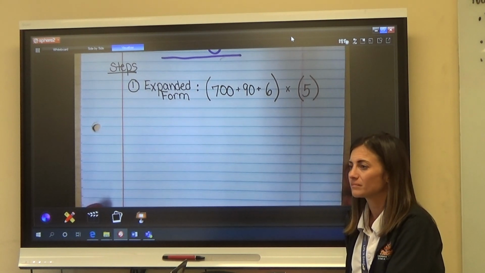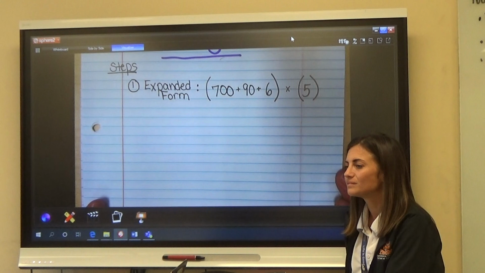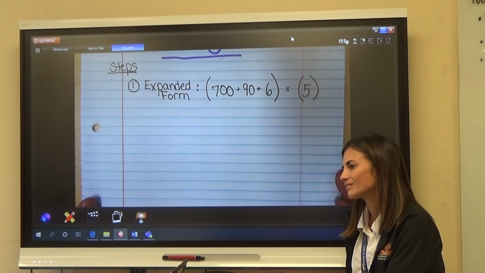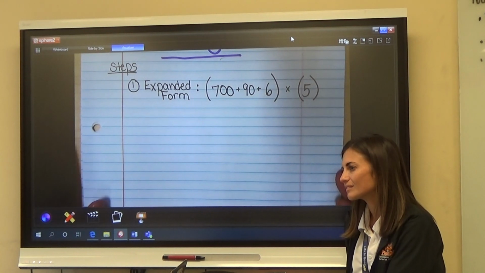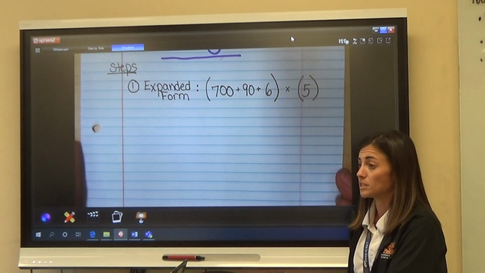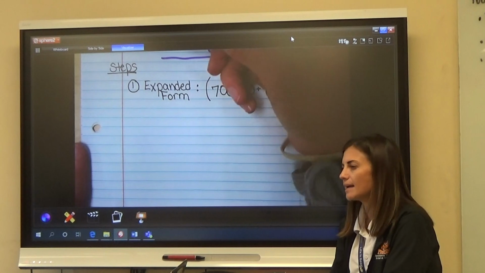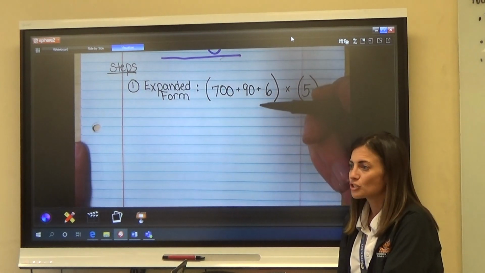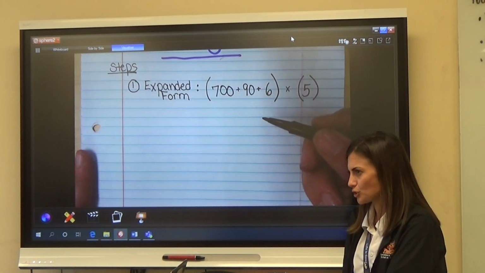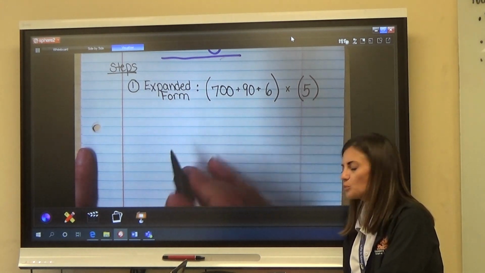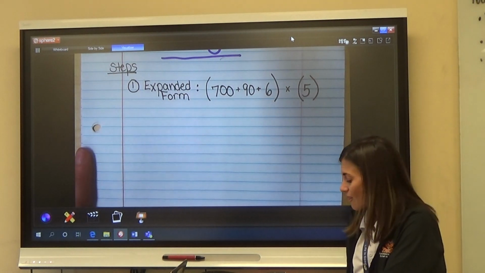Question, ma'am? How do I multiply it if it says addition? Well, then we wouldn't be multiplying it. If it had an addition sign, we would just be adding it together. So now watch what we do next, and I think this might answer your question, okay? So first we do our expanded form. Then